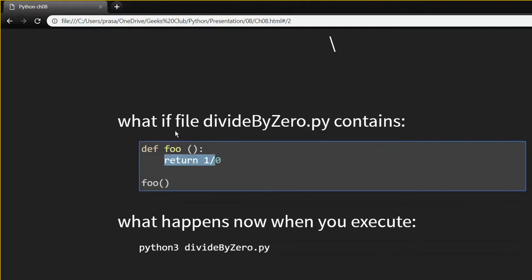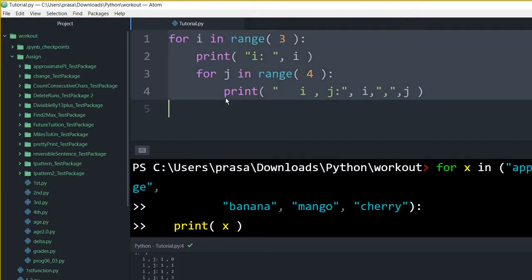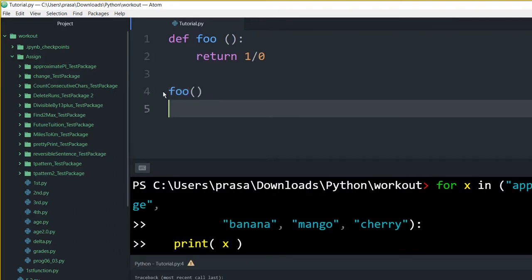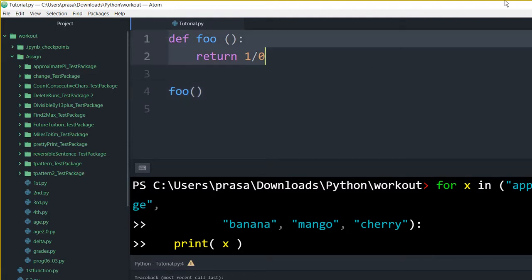So my question is, will it throw an error if I just try to run this code because it has a division by 0 problem? I would say no, because I just defined it. I haven't used it. Oh, okay, maybe this will break because I called it once. Let's see. If I haven't called it, it's not a big deal. Since I called it, this will throw a division by 0 error. If I didn't call it and just defined it like this, it won't throw any error. Just to keep that in mind.